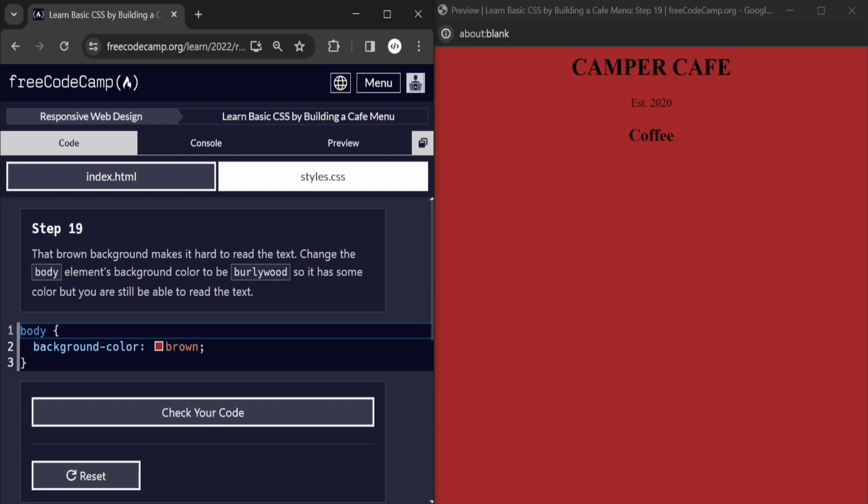Okay, that brown background makes it hard to read the text. Really, you can see that the text is not very easy to read or attractive; we have to focus too much and strain our eyes. So to avoid this, we should change the color. I think so. Change the body element background. We can change the background color as